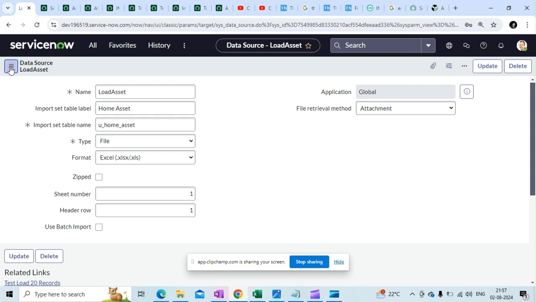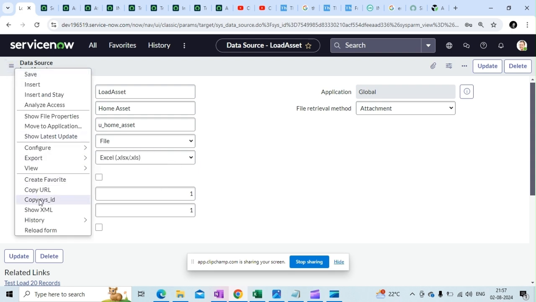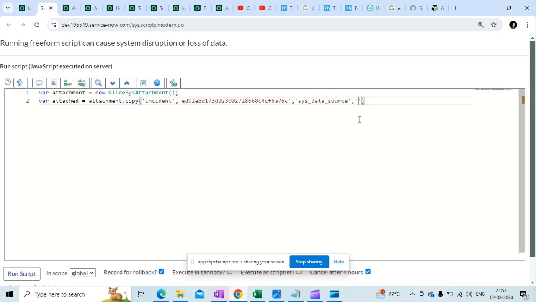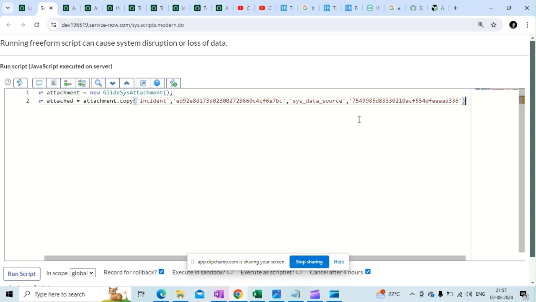This one is the target content. Let me copy the sys ID of this particular content. Okay, so let me put that sys ID as well. Now our syntax is complete for the copy. It's become copied. Then what we have to do is, after copying the attachment to the data source, we have